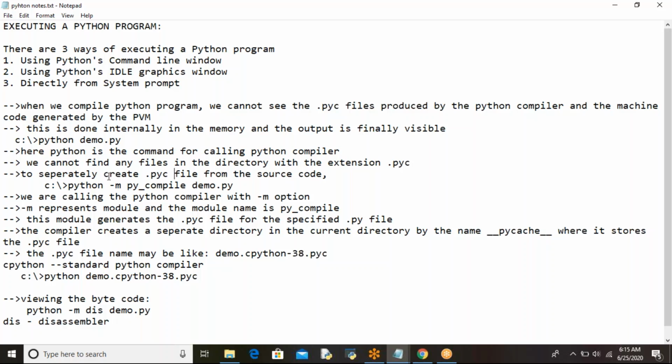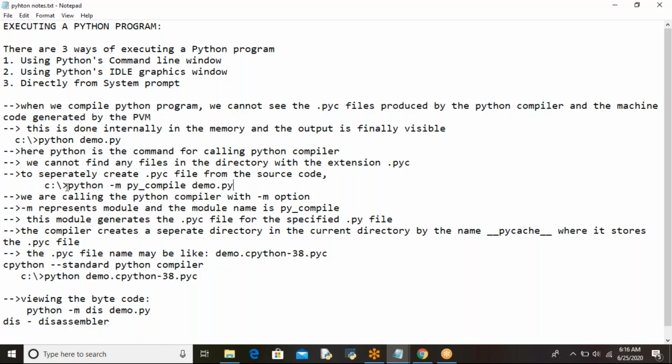But if you want to separately create a .pyc file from the source code, you have to type this command: python space -m. -m is the option, and m represents module.